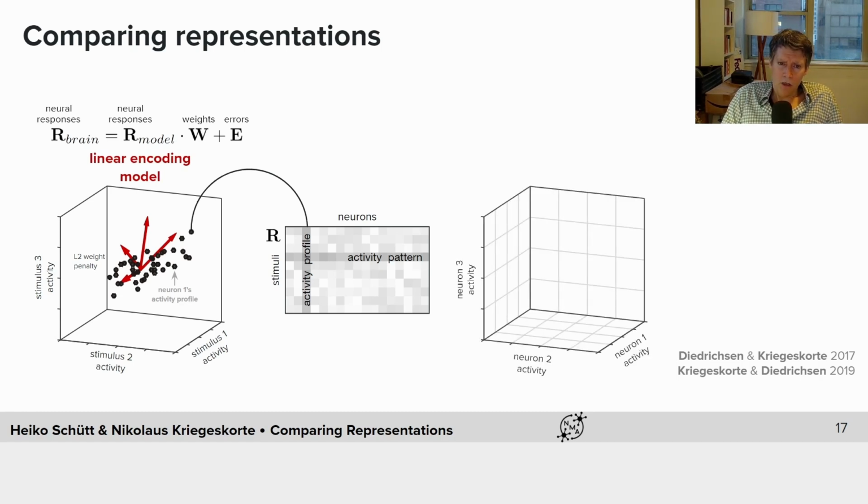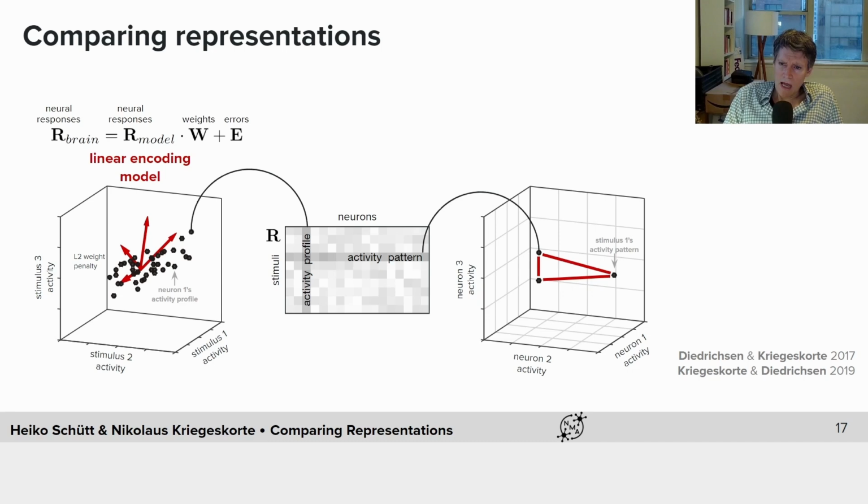Alternatively, we can think of the stimulus response matrix in terms of its rows, the activity patterns. Each of the activity patterns lives in a multivariate space again, the neural multivariate response space. Here, each dimension is a neuron, and a point corresponds to an activity pattern elicited by one particular stimulus. So we can look at where these patterns of response elicited by the different stimuli fall, and each of them corresponds to one of the rows.